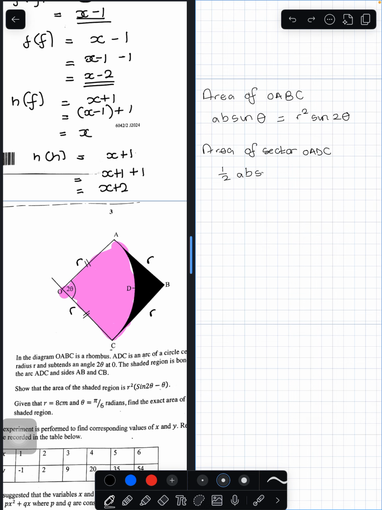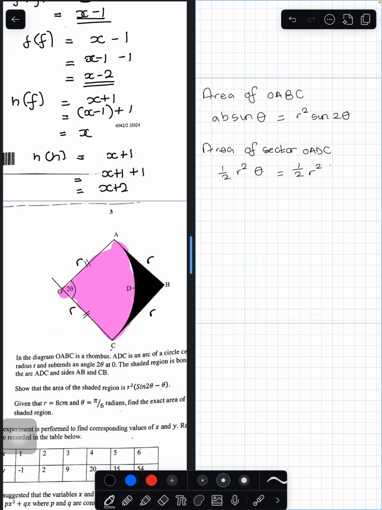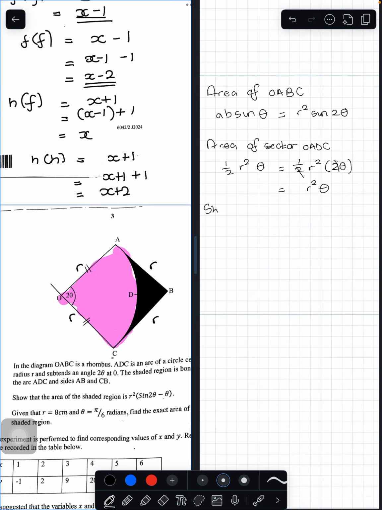No, the formula for a sector is half R squared theta, actually. Half R squared theta. So our R is R, so it's half R squared. Our theta is 2 theta. Then we cancel. So at the end, our answer is R squared theta. So our shaded region,